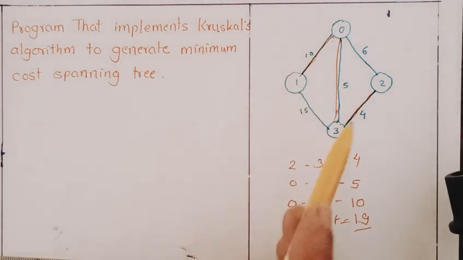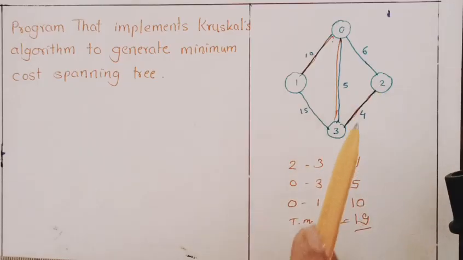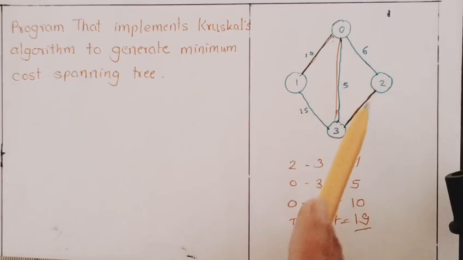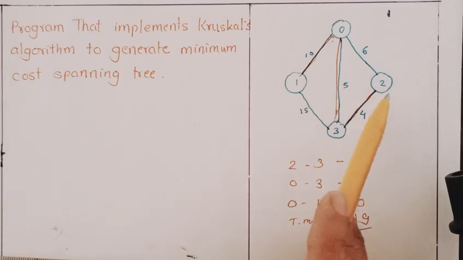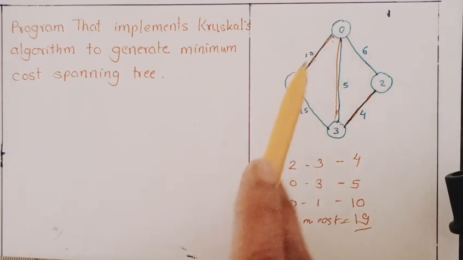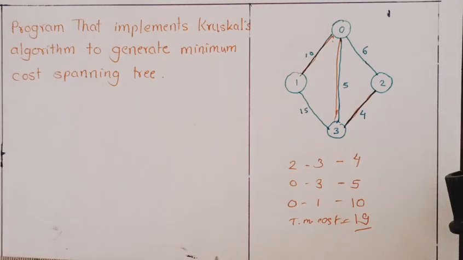So in the program, what do you have to find out? First, you have to read the number of nodes or vertices. Then the matrix of minimum cost. Okay, you have to read the matrix of spanning tree cost. After that, what do you have to check? You have to check whether it forms a cycle or not. Okay, and then you have to find the union set. Union set means 2 to 3, 3 to 0, and 0 to 1. In this way you have to find the parents of the given node.